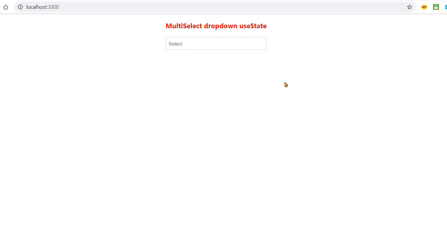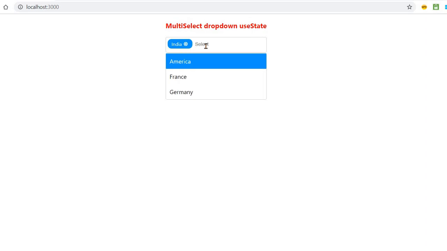Before getting into this, let's have a demo of how our application will look at the end of this tutorial. On the screen, you can see we have one drop down. Let's see what values we have in the drop down. We have four countries. This is the dummy data that I have selected. Let's start with India. As you can see, if we select India, it must be removed from this drop down list as we have selected India.